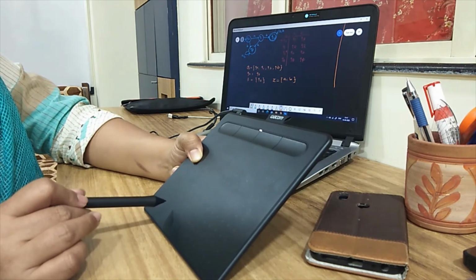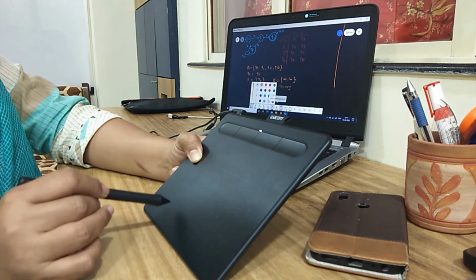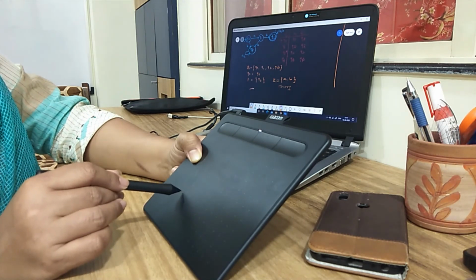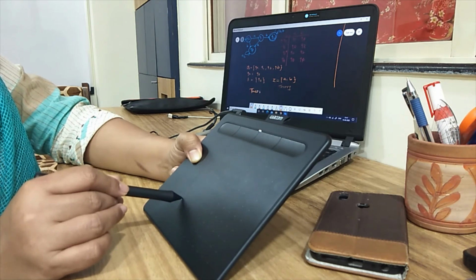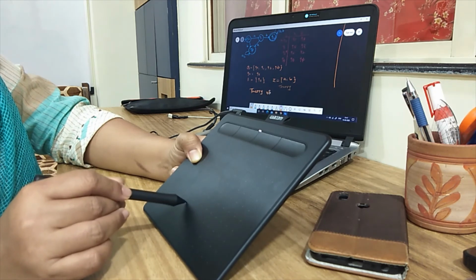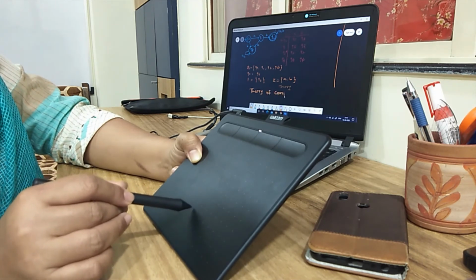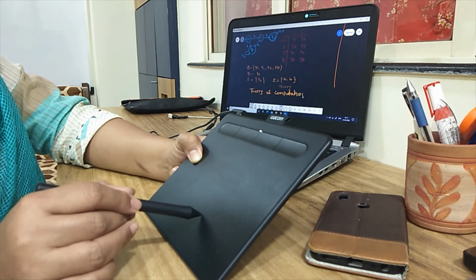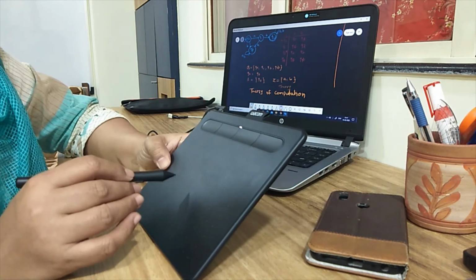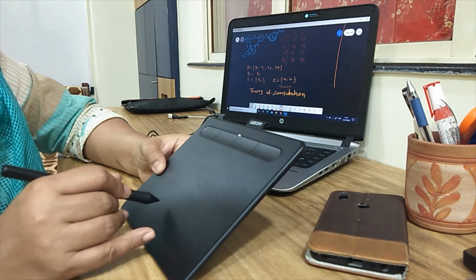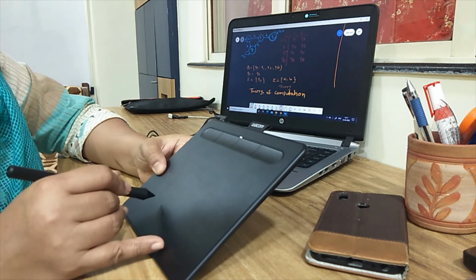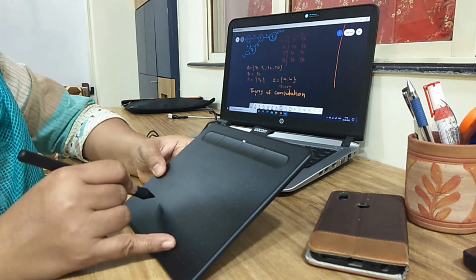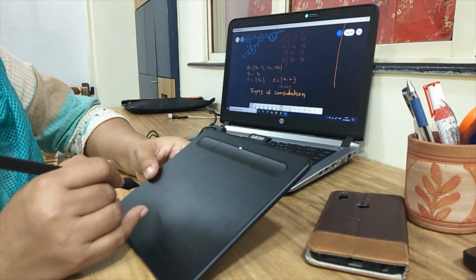So now suppose I want to write something, say with a thicker pen, so here it will be like this. To use this pen you don't need any practice. The first time itself you can use it as smoothly as I am doing it right now. So you don't need much practice to use this. Thank you very much.